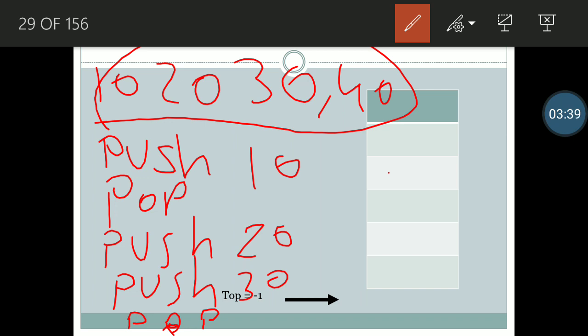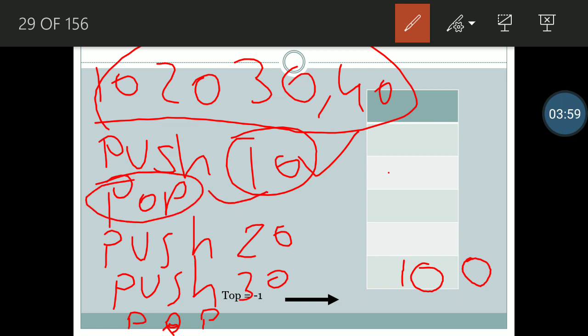We want to add something, means push 10. For pushing something we have to increment top, so our top will become 0 and our value is 10. So the stack's first element will be 10. Next operation is pop.